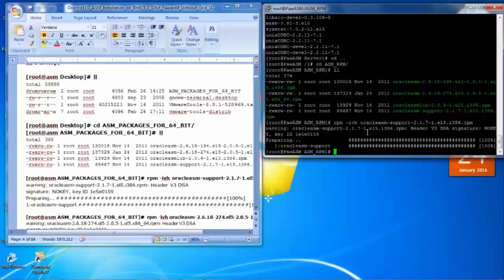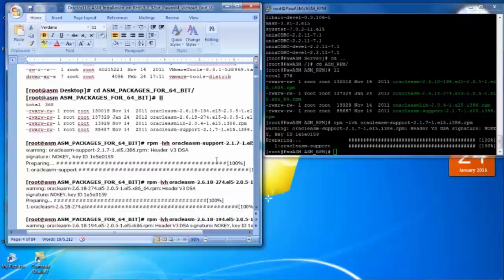If you are installing 32-bit Linux, then you must install 32-bit related RPMs for Oracle, right? If you have installed 64-bit Linux, then you must install 64-bit related RPMs. The kernel should be matched, right? Next is the rpm oracleasm